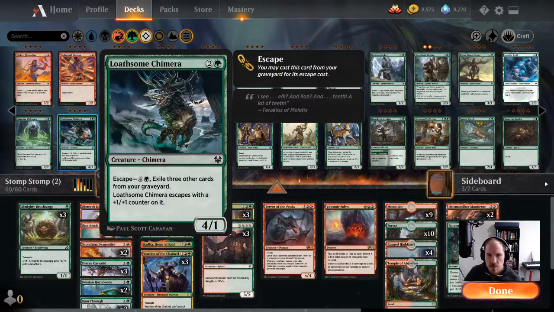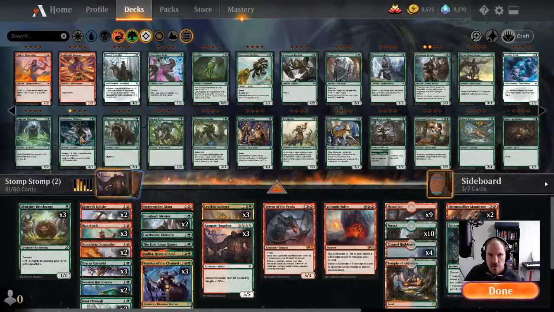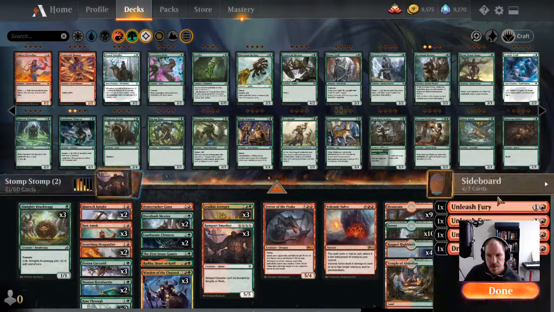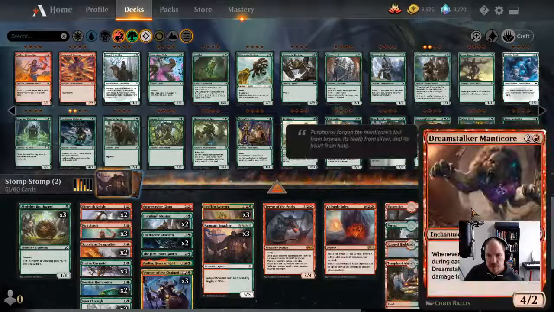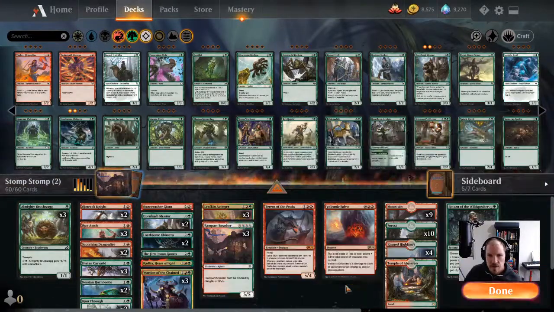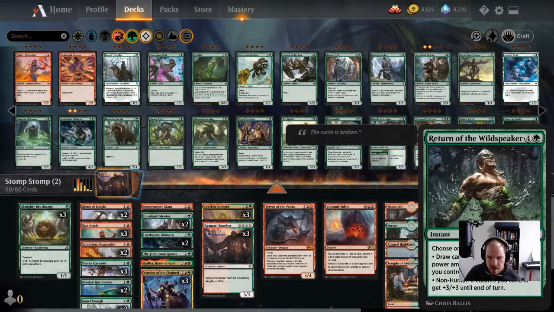So I'm going to assume that we only have commons. I'm going to add 2 Loathsome Chimera, and I'm going to take out 2 Dreamstalker Manticore. There is some consideration to give that we're taking out a red card and putting in a green card, but in this red and green deck, for right now, I think it's okay. The last card that we wanted to get rid of was